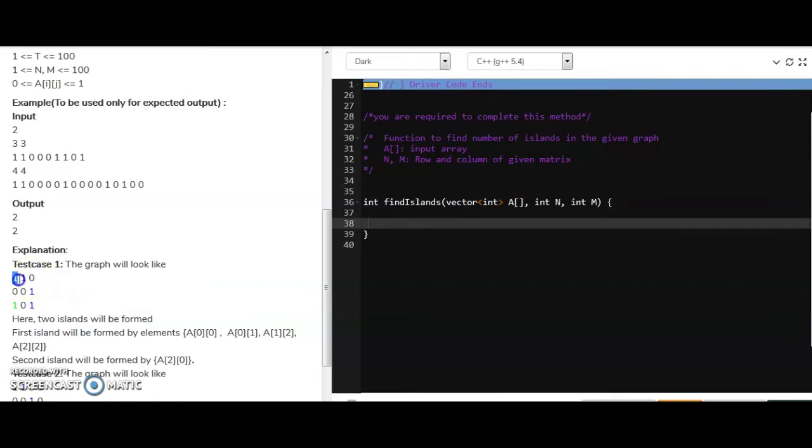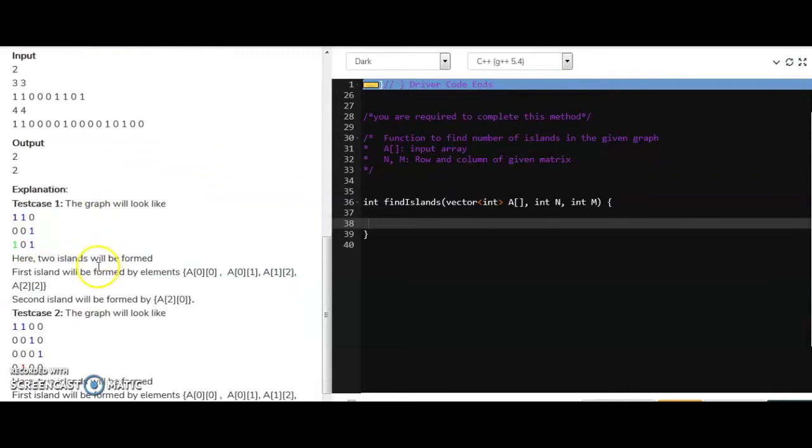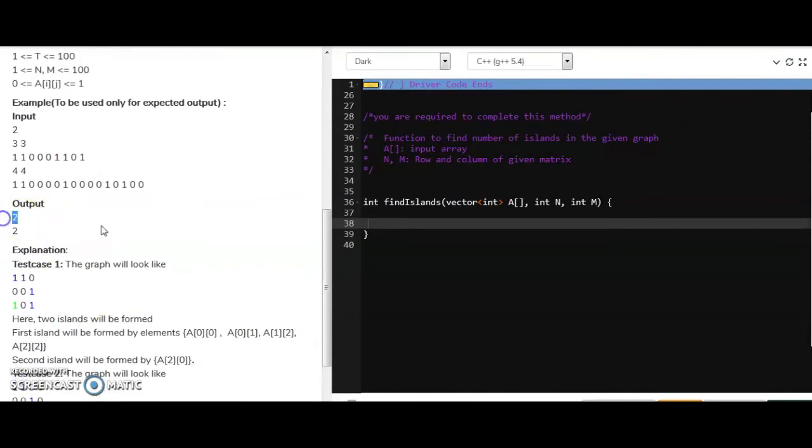As these are the 1, 1, right? And we have 8 directions, sorry, here. So if in every direction you have a 1 consecutive to it, then we can say the island is connected, right? So as you can see, this one is connected, this one is connected, this one is also connected, and now from here we cannot go to this one. So these ones are connected, which means this is one island and this is another island. So its output will be 2, which means there are 2 islands, right?